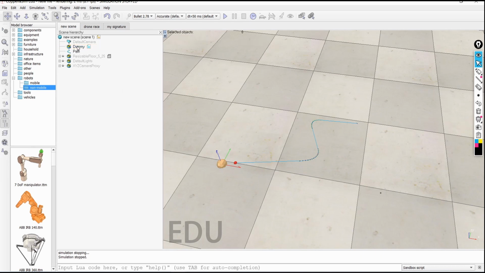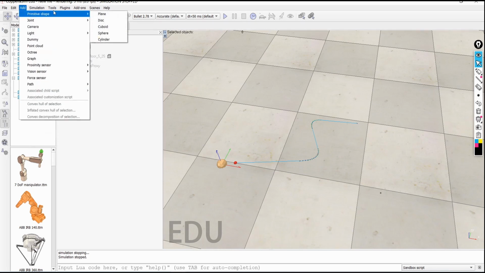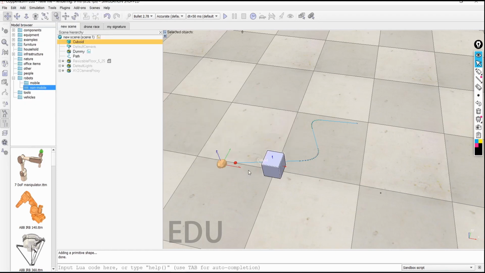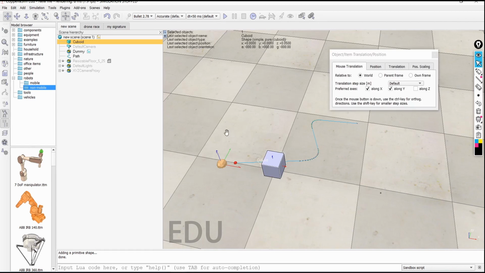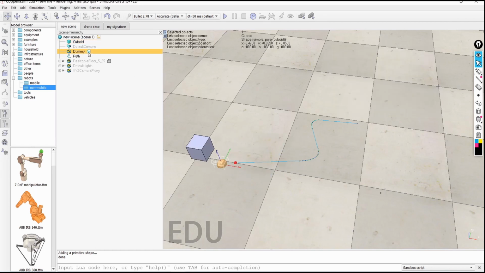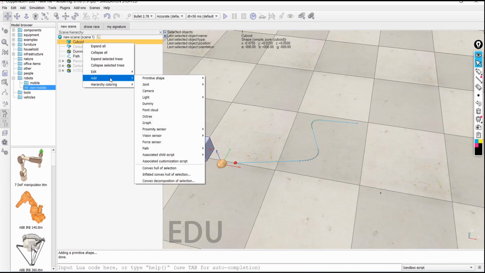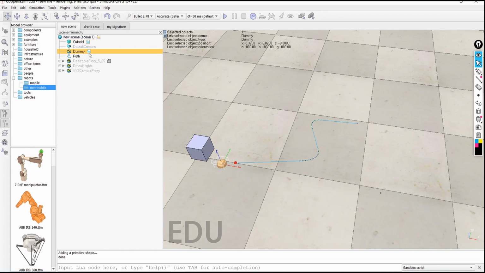Then, talking about how to make a real object: supposing I put a cuboid over here, near this position. In the same way I will add an associated threaded child script.